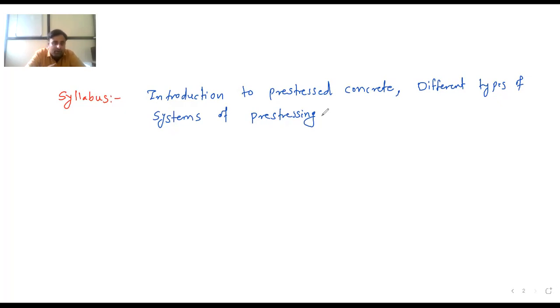Okay. So again, in the pre-tensioning system, we are going to study the Hoyer system, which is also called the long line method. System and method are one and the same thing. So the Hoyer system we are going to study. Hoyer is the name of a scientist. He invented that system. That is why it is known as the Hoyer system. Similarly, we are going to see 2, 3 systems in post-tensioning also. That is the Gifford-Udall system and Freyssinet system, etc. 2, 3 systems are there that we are going to see over here.